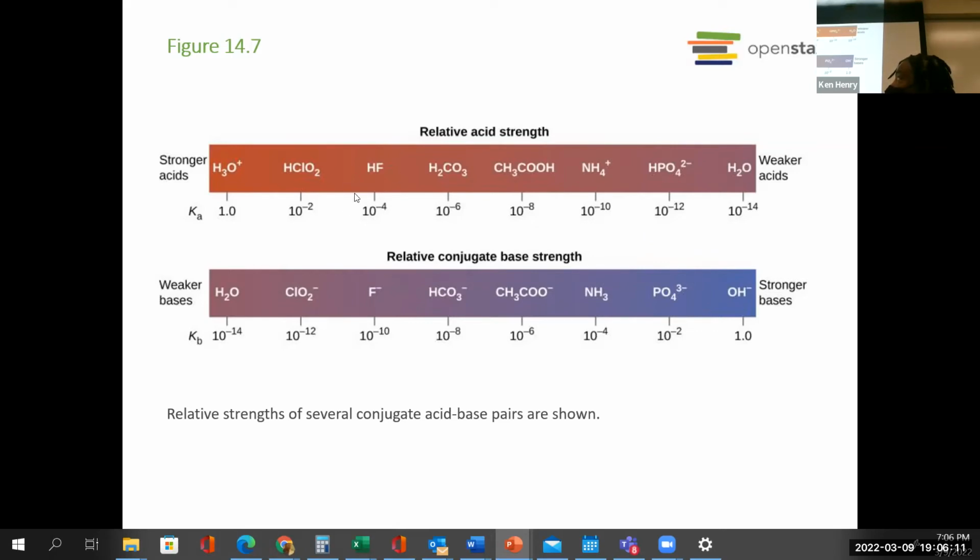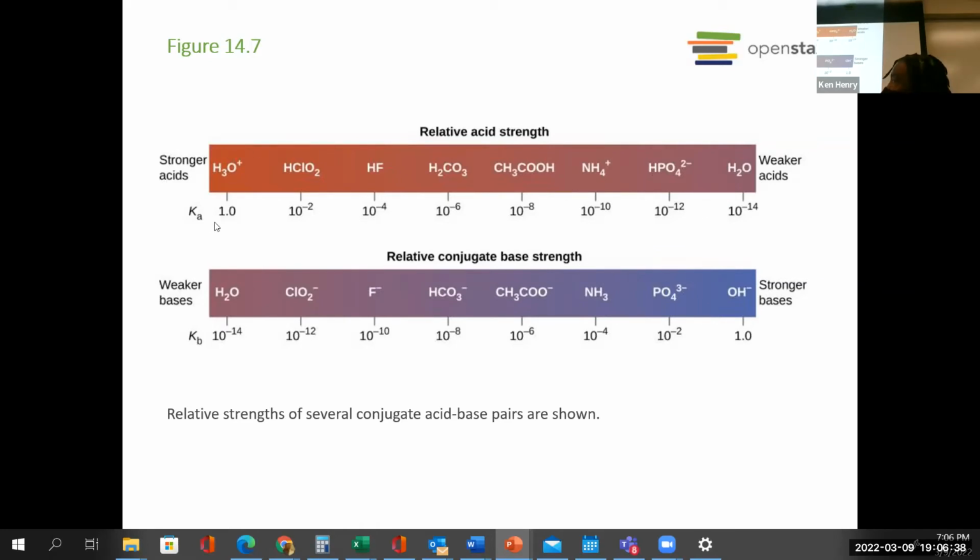This is hydrogen fluoride. This is carbonic acid. This is acetic acid. This is the ammonium ion. This is hydrogen phosphate ion. And then, of course, this is water. So